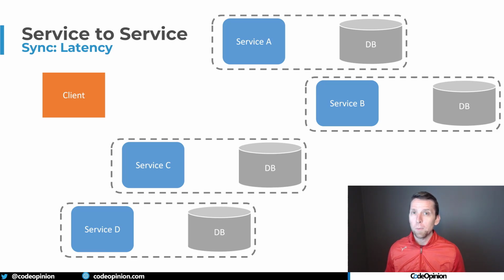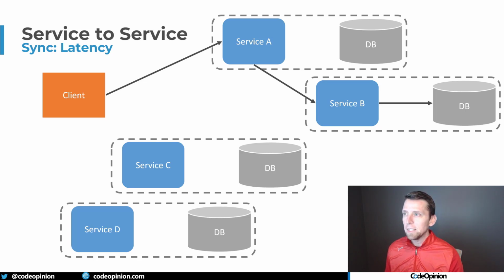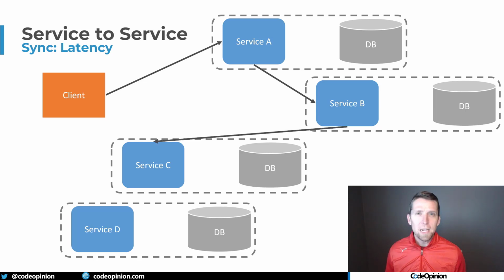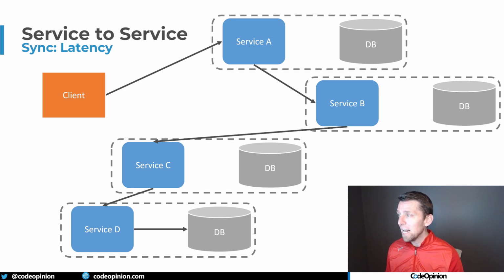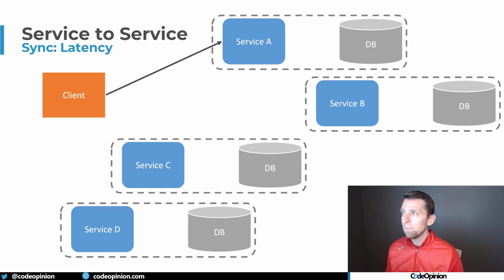And that's where this falls apart in a hurry for multiple different reasons. One of them I'm illustrating here is latency and visibility into what other services are doing. So if you have a client that makes a call to service A, and it then needs to reach out to its database to get some data, and then it needs to reach out to service B, and service B needs to hit its database, then service B actually hits service C, and it reaches out to its database, and guess what? Service C is now on service D, and it has to get data, and that goes all the way back up the stack.